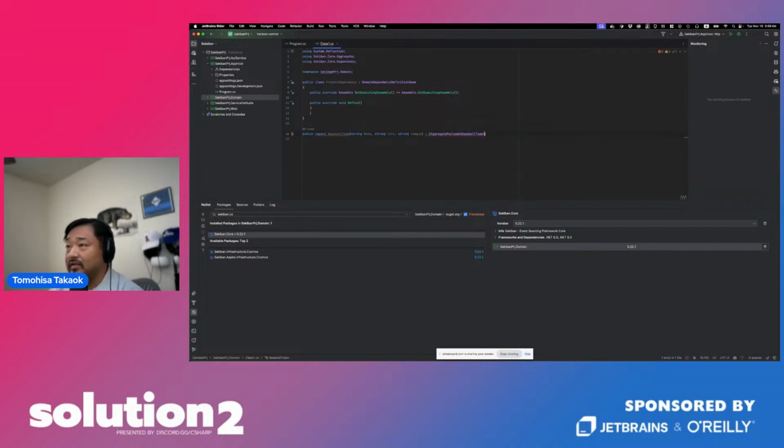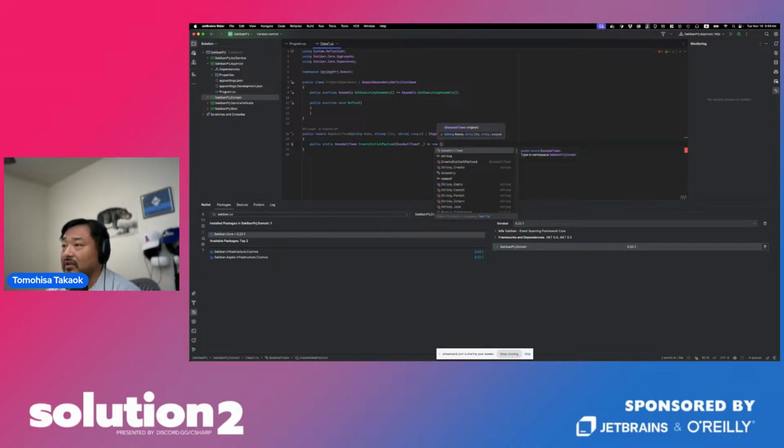So this is how simple it is. You can just implement the aggregate function, which is for creating new objects, and can be done with just a new baseball team with an empty string and an empty string.